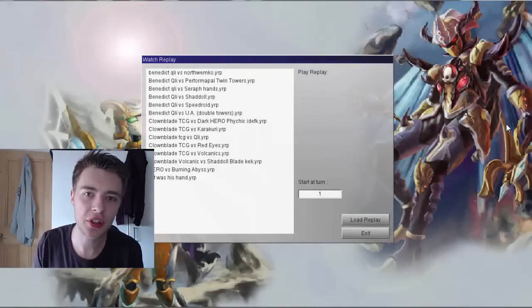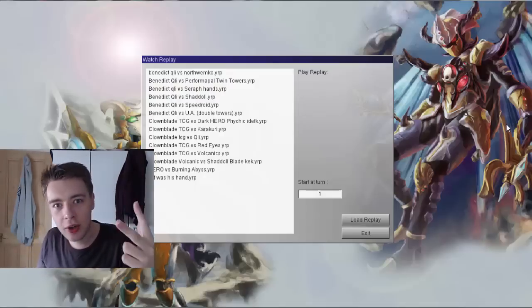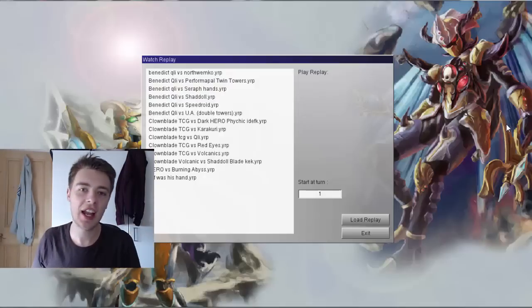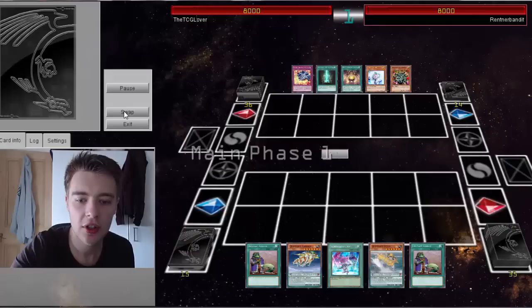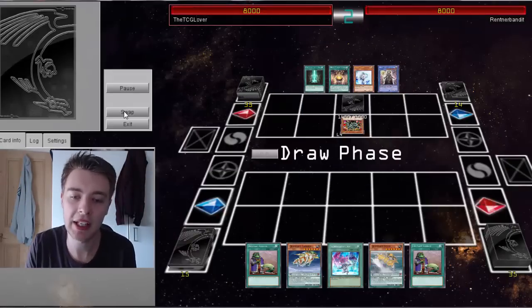So I've got a question for you. What do Benedict Junk, Long Dao, and Cancer have in common? Cleaforts. So today we're going to be talking about the Cleafort deck that Benedict Junk and Long Dao played at